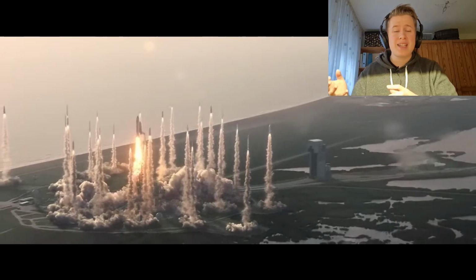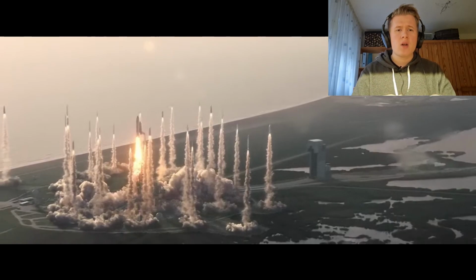It could take out easily half of the vehicle swarm we have going on here. So this is just an unnecessary risk no one would take, even in this situation. If you had to launch this many vehicles at about the same time, what you would do is either space them further apart, like use LC-39A, B, or even completely other different launch sites,